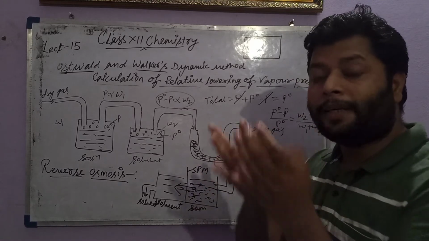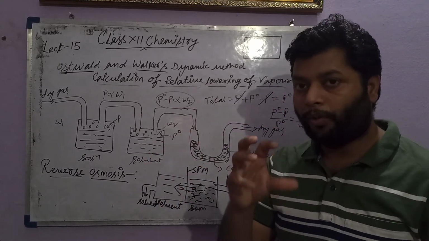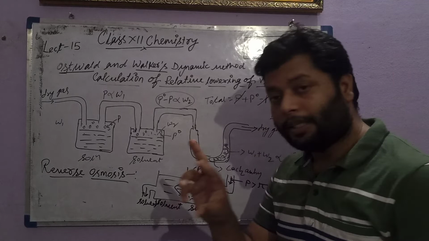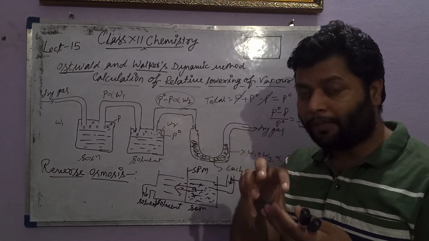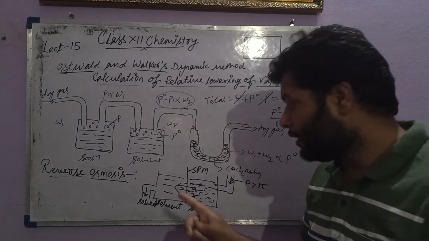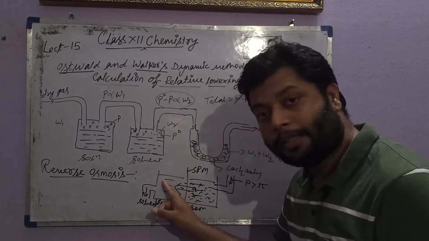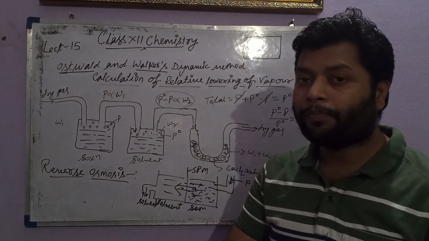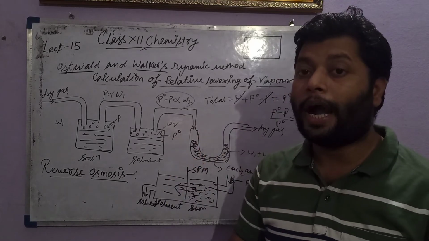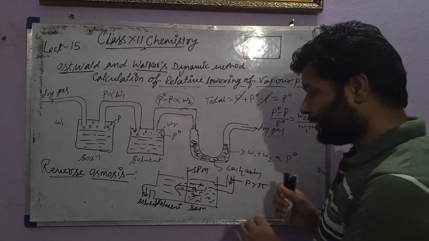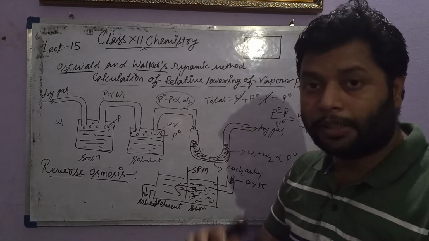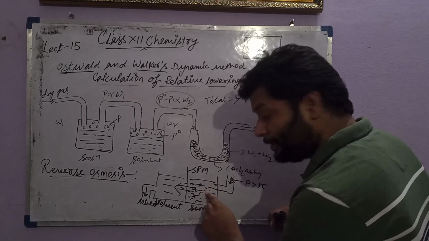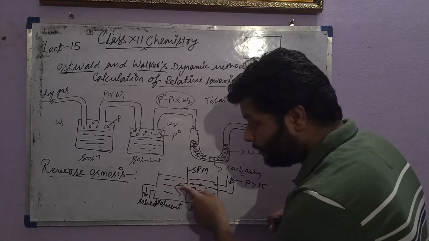But when we apply a pressure more than the osmotic pressure, there is a flow because of the difference in osmotic pressure, so osmotic pressure is actually responsible for the flow of water molecules from the pure solvent side to the solution side. But suppose we experimentally apply an external pressure higher than the osmotic pressure, then the same process gets reversed, and now the water flows from the solution side, the saline water side, to the pure water side.